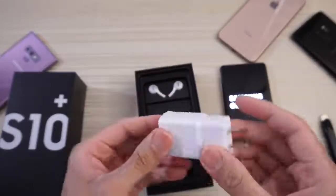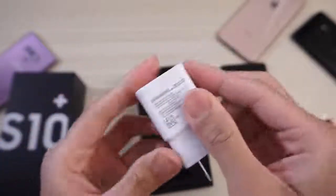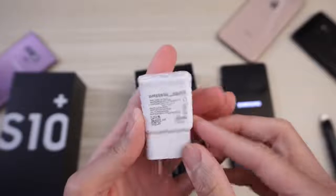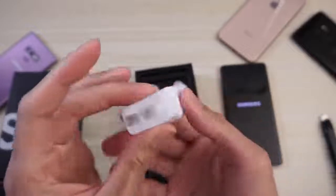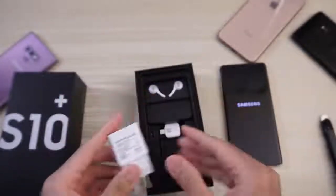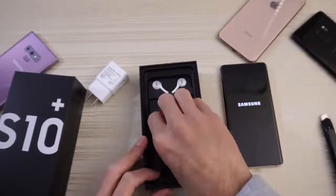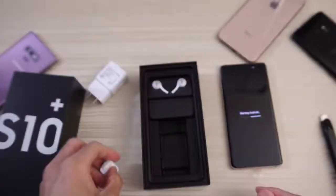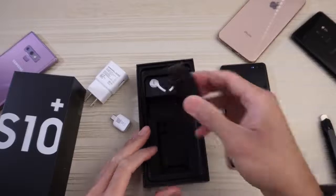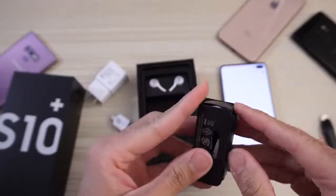Here we have your power brick, which I think they updated the fast charging now, but it's still pretty much slow charging. It's fast charging, but slow compared to other companies right now. So it's not your crazy 50-watt charger or anything. Anyway, put that to the side. This is your little adapter to transfer stuff from your older device. Put that to the side, and then here we have your...